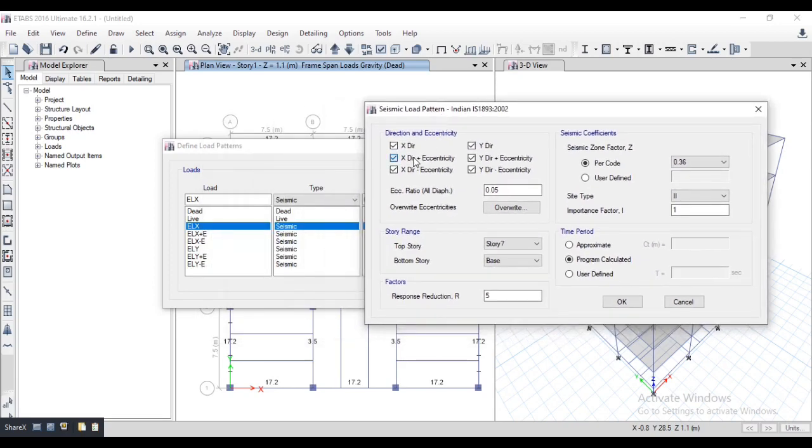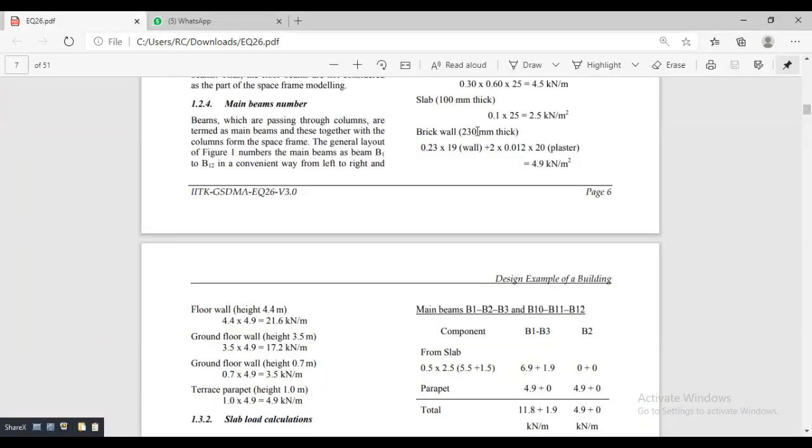Well, untick all the options except X direction because we are giving separate. So bottom story is story 1 to story 7. Response reduction. Let me see.